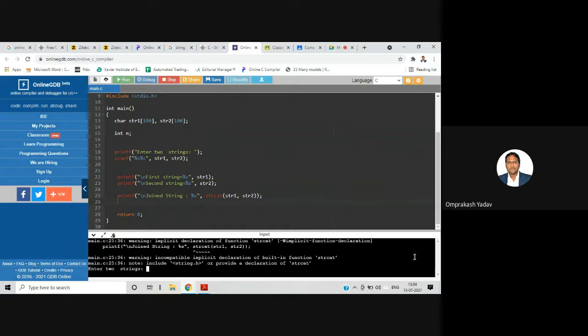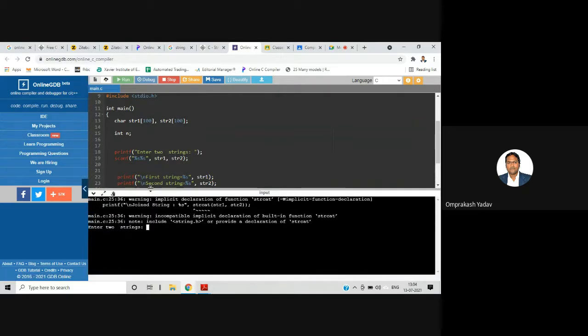Enter two strings. Is this screen visible to all of you? Yes. So I've run it and I'm entering, let's say, Sachin first. Okay, and for the second string I'm entering Sachin Kumar.